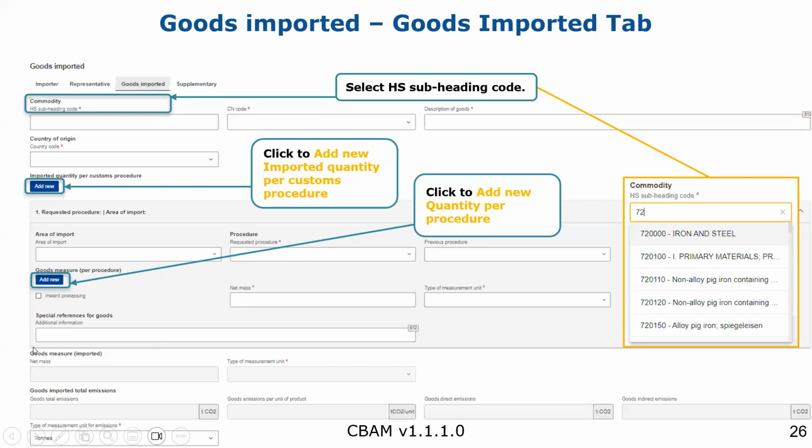Then, further down, we have the quantity that is imported for the specific CN code and the type of the measurement unit. And at the end, we have the goods imported total emissions: the total emissions, the emissions per unit of product, per ton of product, the goods direct emissions, and the goods indirect emissions.